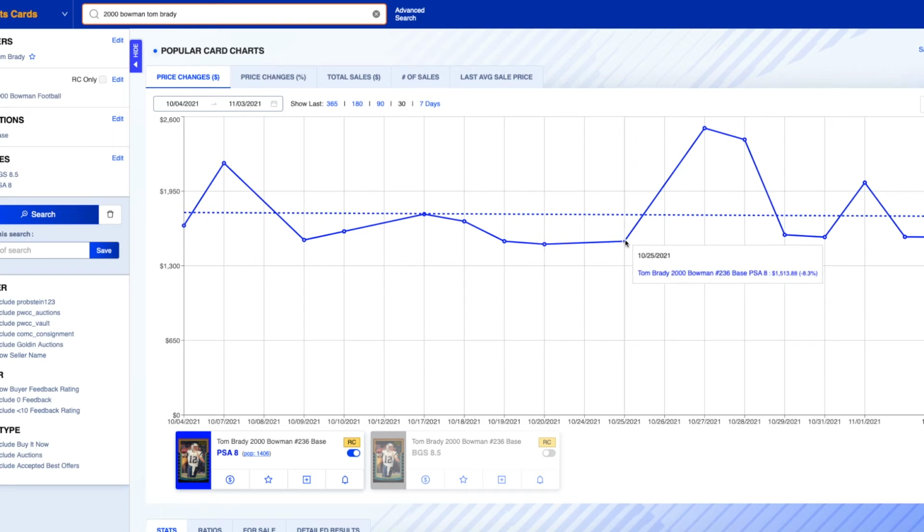But then look here, starting as of about a week ago, actually about 4 days ago, all the way up to 2,500. So now we're talking almost $1,000 profit on this card if it crossed to a PSA 8. Minus, of course, I would have to pay another $150 to grade it at PSA. So granted, there's going to be a little bit more of a cost involved there, but for a $1,000 profit, it would be worth spending another $150. And then again, 2,400. So it sold twice within 2 days, which is only a few days ago, for $2,500